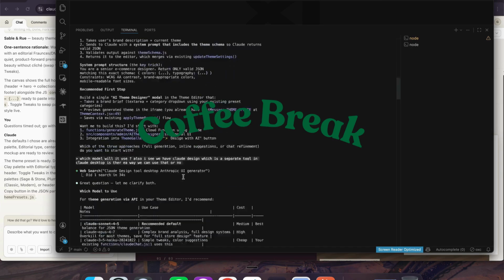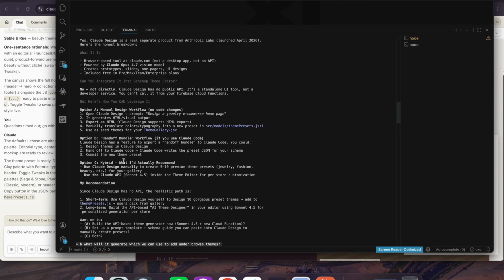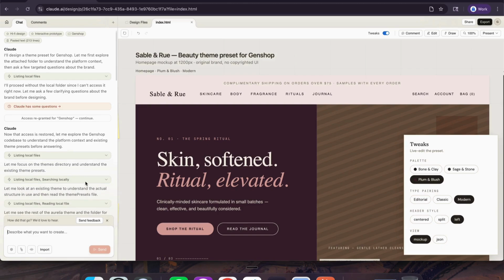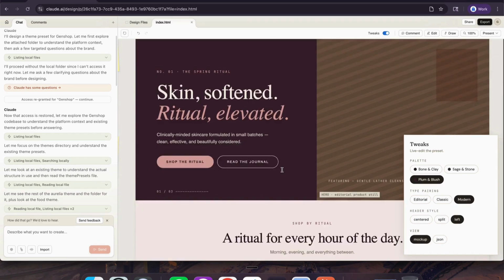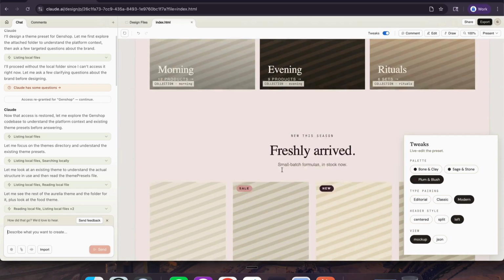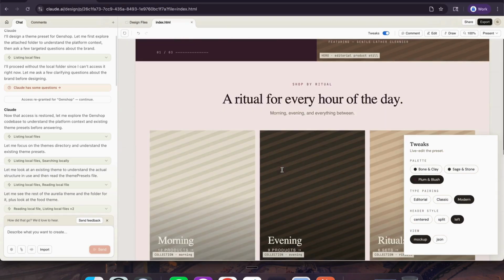But it just gave us a quick prompt, which I guess the Claude Design tool or the model will understand on what needs to be created, right? So we just pasted this, and we haven't given it a lot of detail. It has asked questions in terms of the brand, the design, and the fonts and everything. So all those we can feed in, and right now we haven't done anything, but it created a generic beauty theme preset. I guess this is the home page, and for demo purposes,